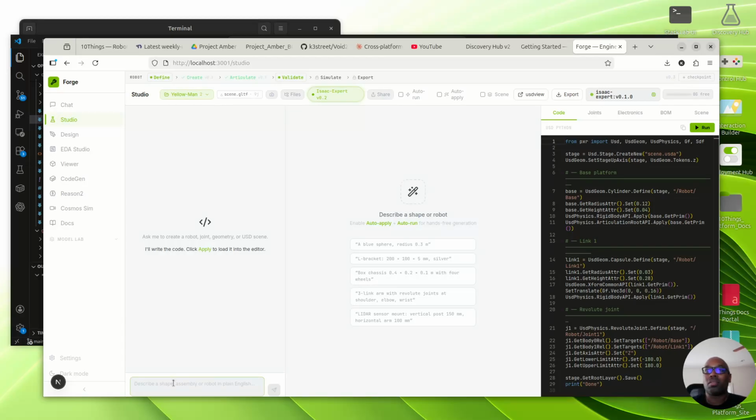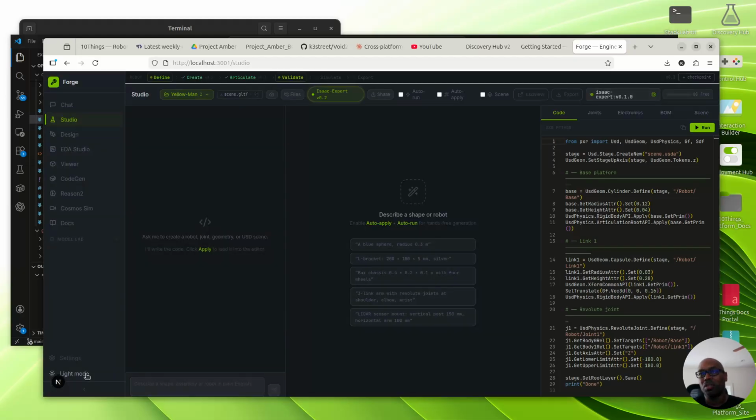But this is something that used to take me ages. But let me just, and by the way, I create my own custom models. This is called the Isaac Expert, so it knows everything about Isaac Sim, ROS, product management, all kinds of stuff. And I'm getting it to work with EDA design and some other stuff. So let's just see this, and then I'll talk about how we got here a little bit deeper. And by the way, there's light mode and dark mode. So here's dark mode. That makes your eyes feel better.